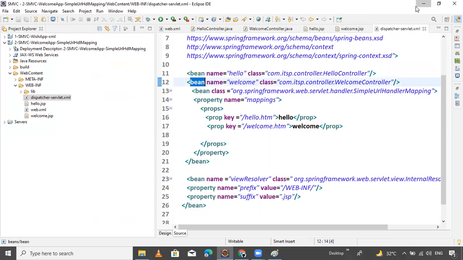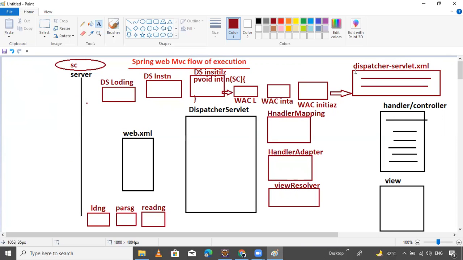So the application context container is responsible to create the objects. After creating the objects, the web application container will create framework objects like handler mapping, handler adapter, and view resolver, and many more things, like locale resolver and theme resolver.